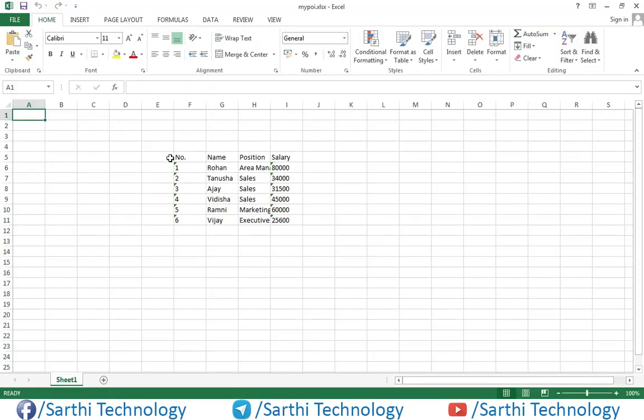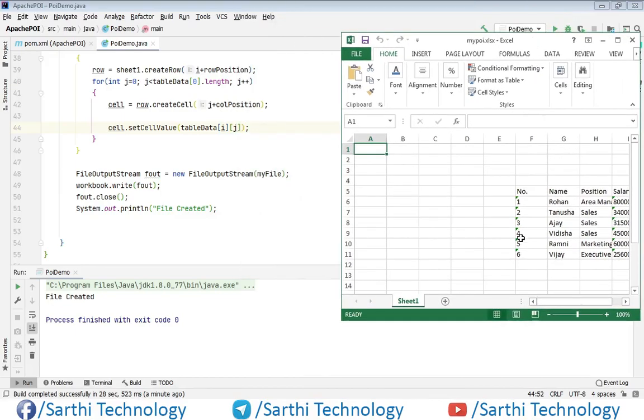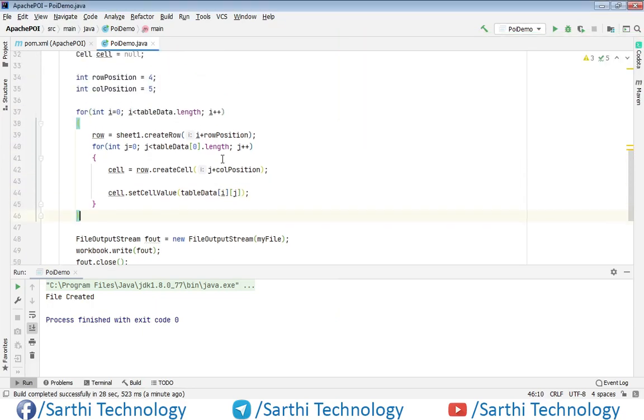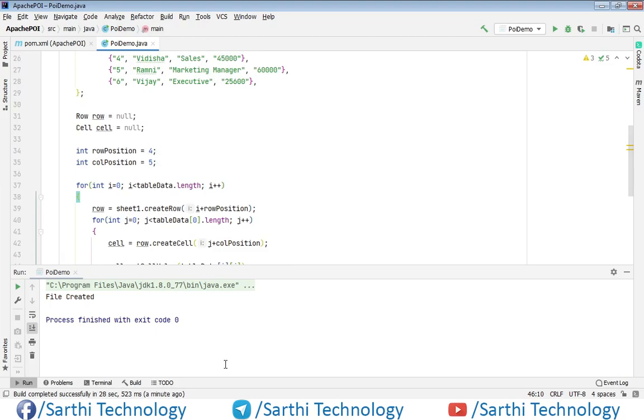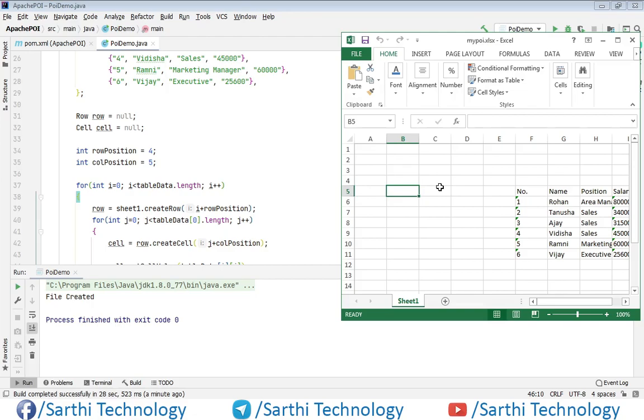And here you can see this table. Now you can see its position. So the initial position was 4 and 5. Here the columns are 0 1 2 3 4, and rows are 0 1 2 3 4 5. Okay, so this is the initial position, that is row 4 and column 5.